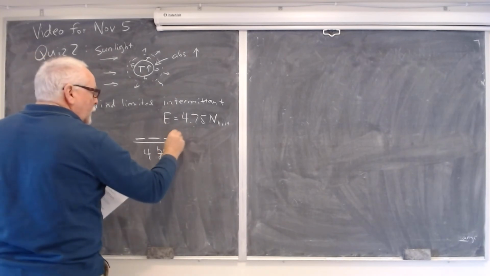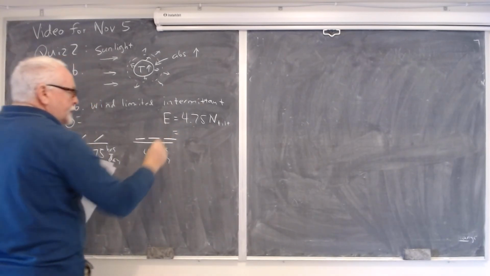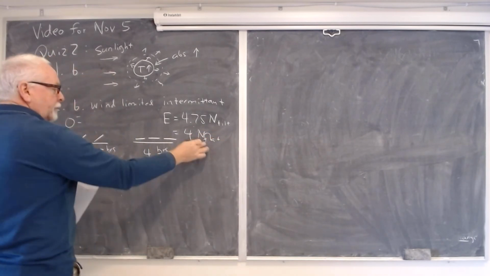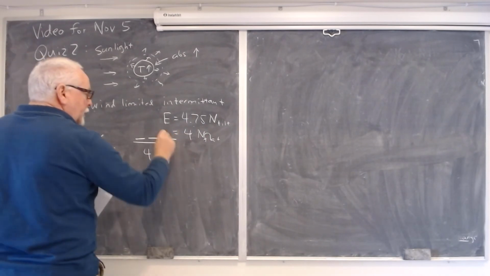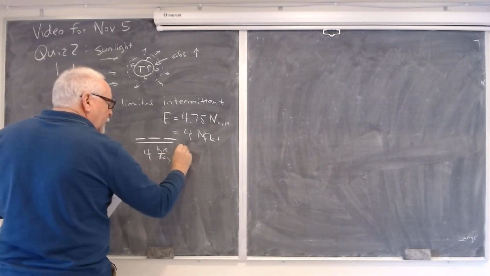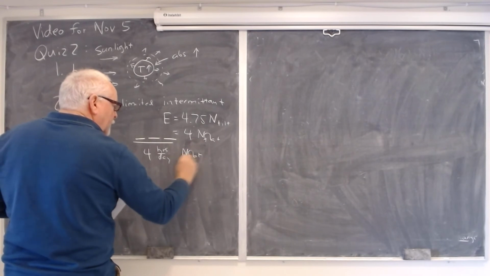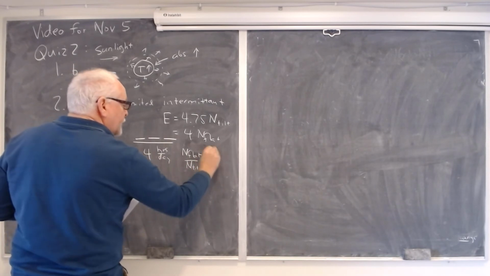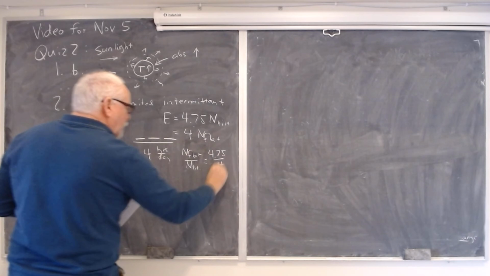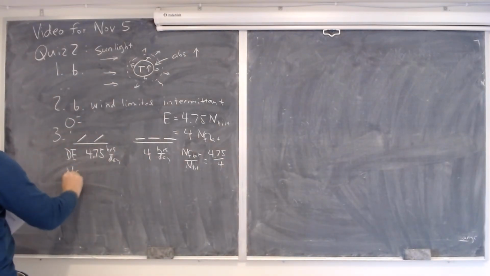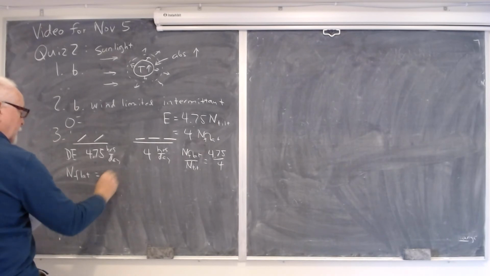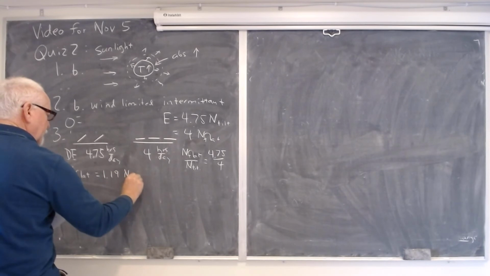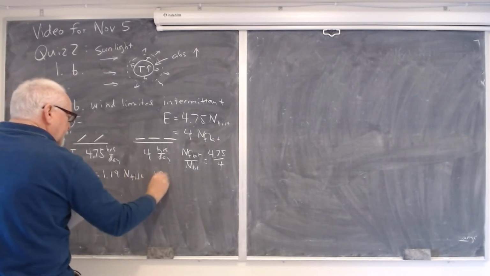And you want that to be the same for laying flat, where if you lay flat you get times 4, so you get that n flat over n tilt is equal to 4.75 over 4, so n flat is equal to, and that's 1.19 n tilt. So you need 19% more